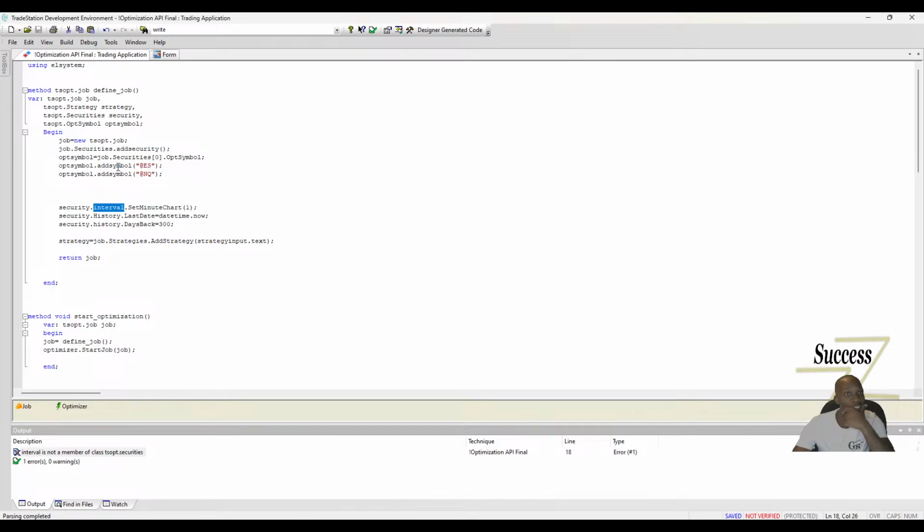Okay, well, looks like that worked. Interesting. All right, well then the same thing would be for the interval. Well, not necessarily, but